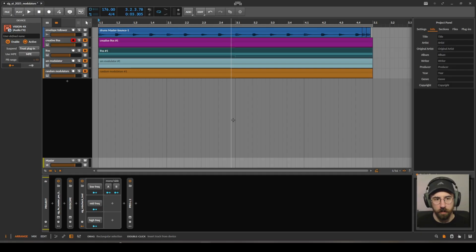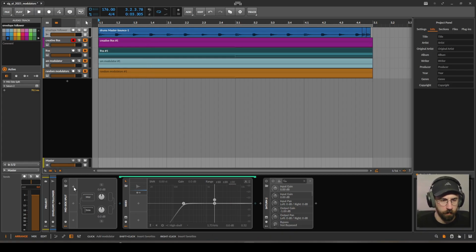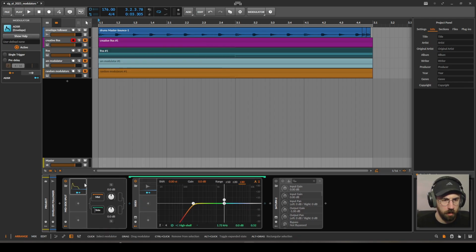But today I really want to dive in on the first three, which are envelopes, LFOs, and random event generators, to get the parameters in your DAW moving around and bringing life to that music. So why don't we start with envelopes, and specifically something that I really like to use, which is an envelope follower. For those who are unfamiliar, an envelope is something like this that we often see, where it has